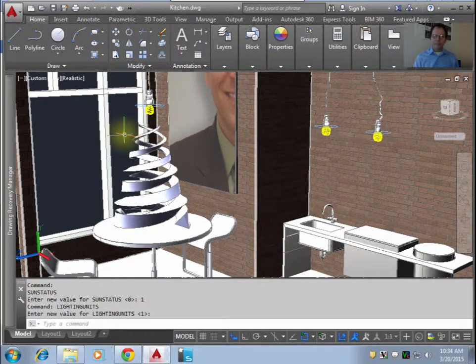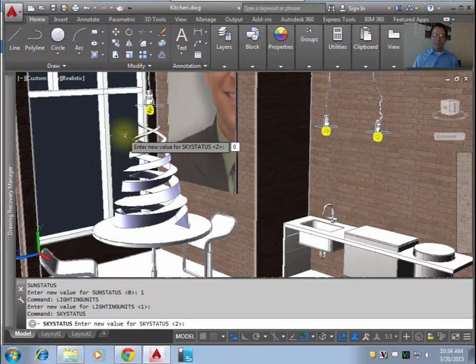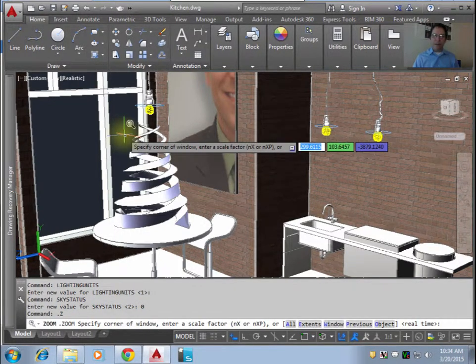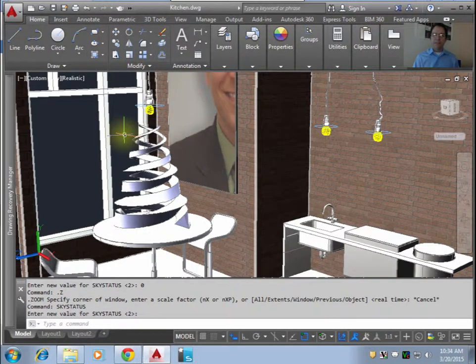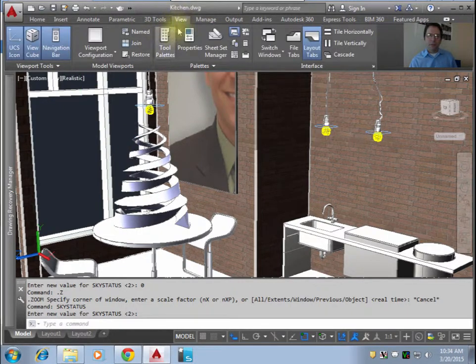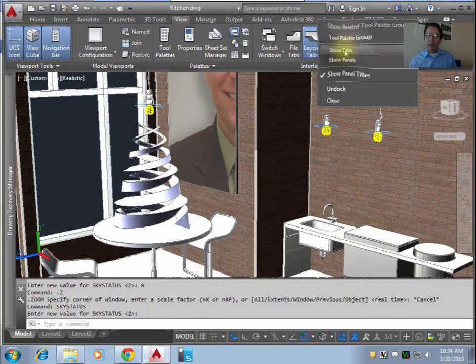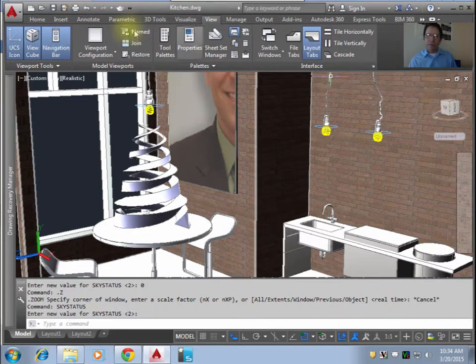Looks good. Check my sky status. Looks a little weird, so I'm gonna go from 0 back to 2. Visualize. I'm gonna bring up my visualize tab here,